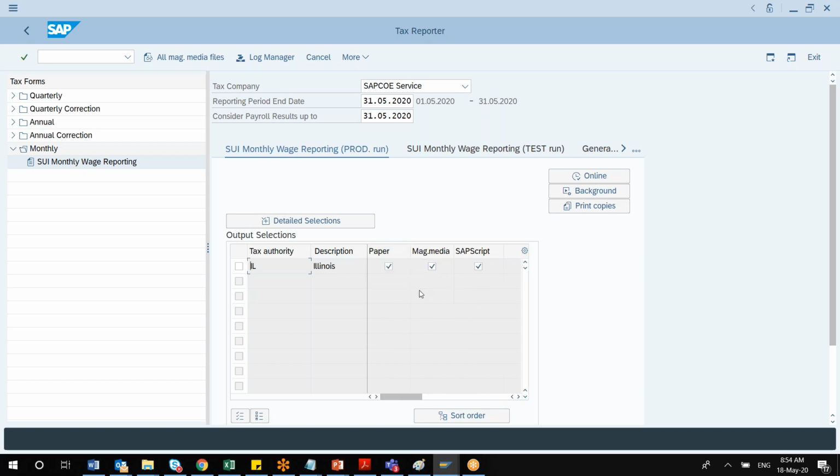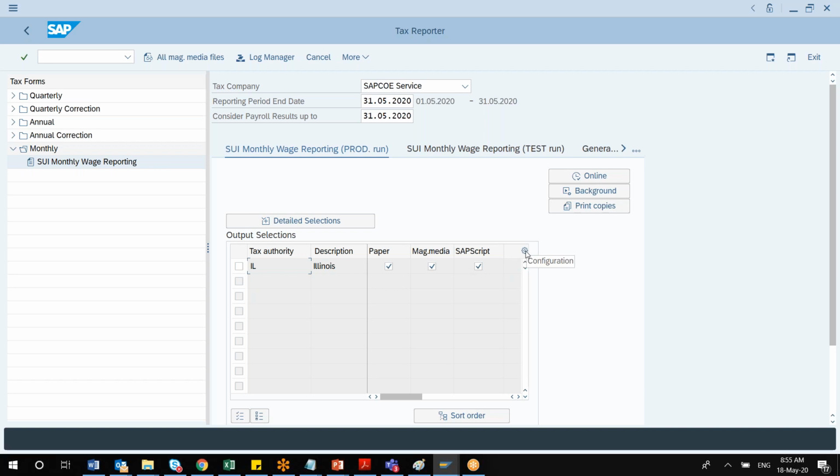You'll be finding this is the three things I was talking about: magnetic media and the SAP script. By default, it comes as magnetic, whether the output will be magnetic media or an employer copy of output. Paper means, if you hover over it, you'll see it is an employer copy of the output. SAP script means it is a text form of the employee copy. It will be generated inside your SAP script, and it will run that script and generate it inside your system. Otherwise, if Employee Central is integrated, it will be generated and visible there.